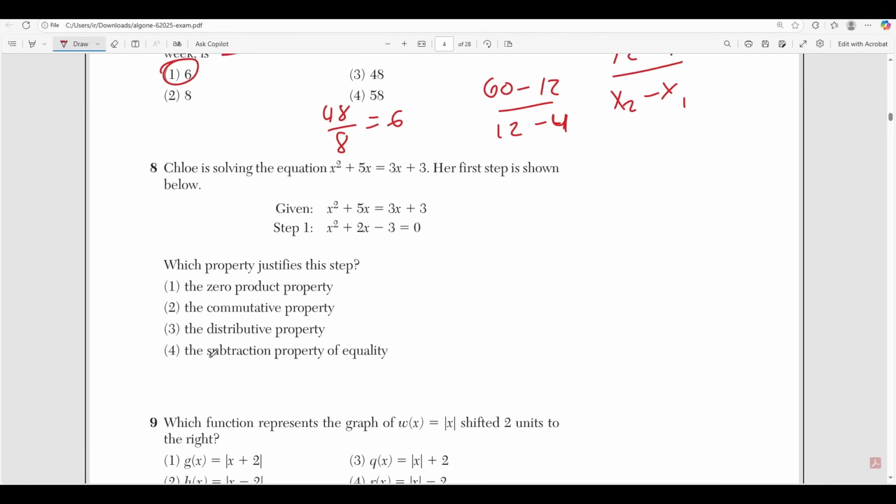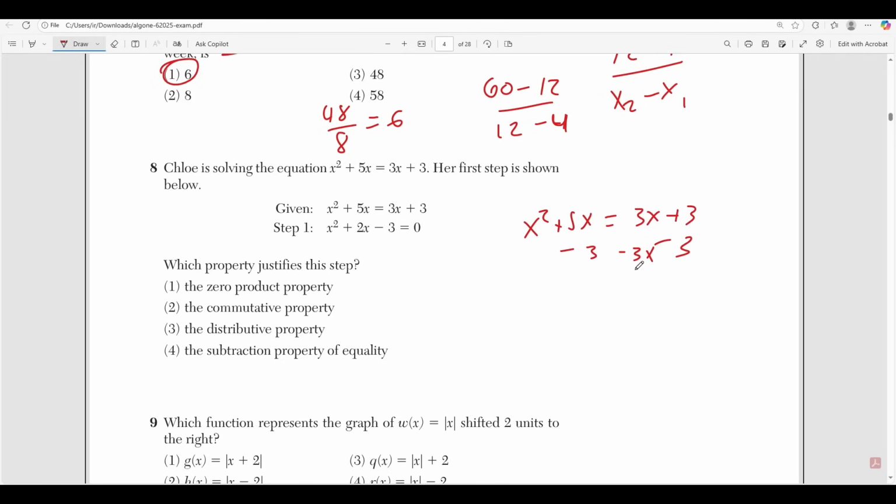Choice 1. Number 8 says Chloe is given the equation x squared plus 5x is equal to 3x plus 3, and her first step is shown below. So what I like to do here is find the difference, like a spot the difference game. I know that the x squared didn't change, but this 5x changed and decreased, because it turned into 2x. So she added negative 3x to this side, right? She moved positive 3 over to this side, and also here she got rid of this 3x. So what I'm seeing here is that her first step was to subtract 3 and 3x